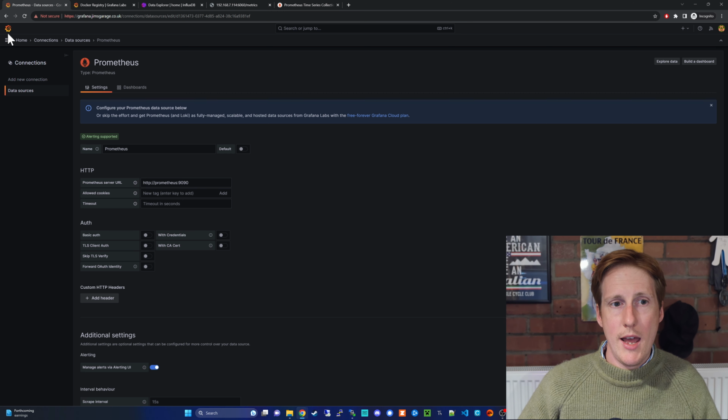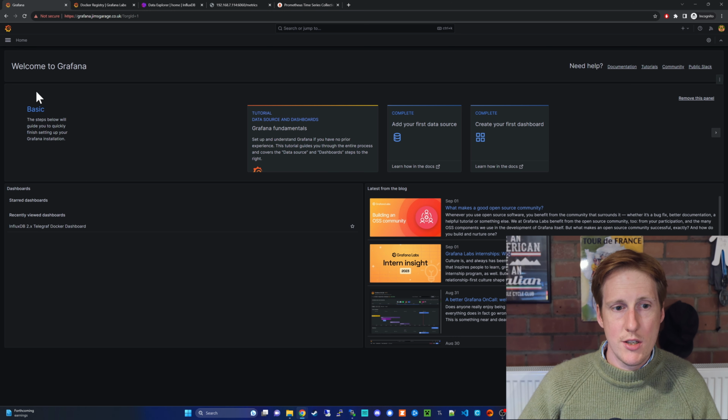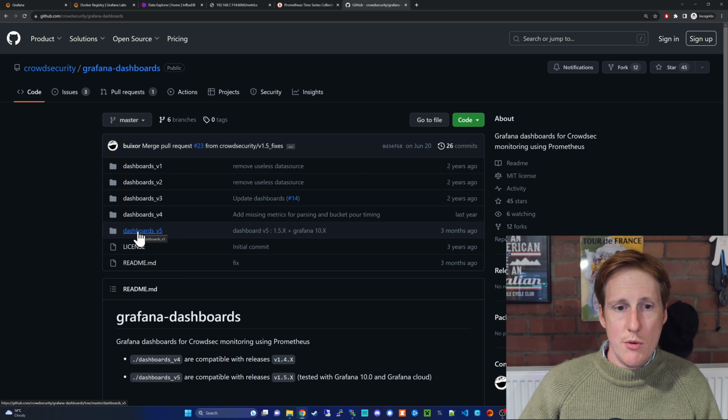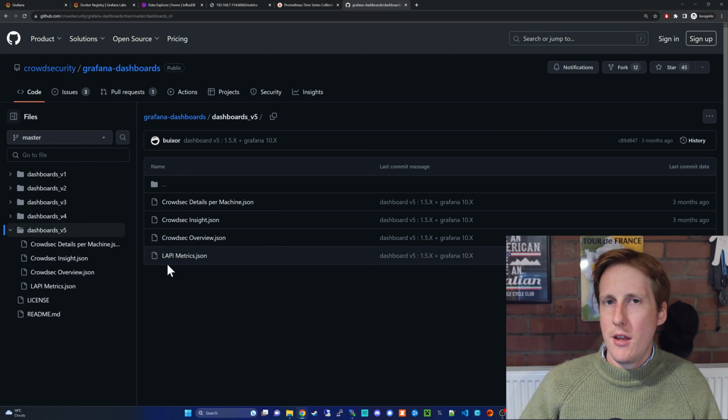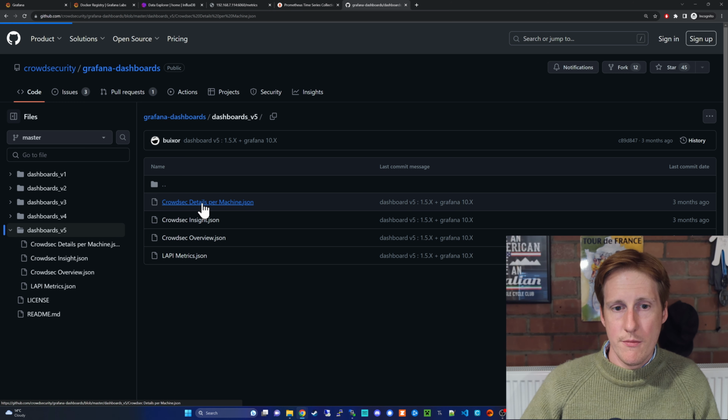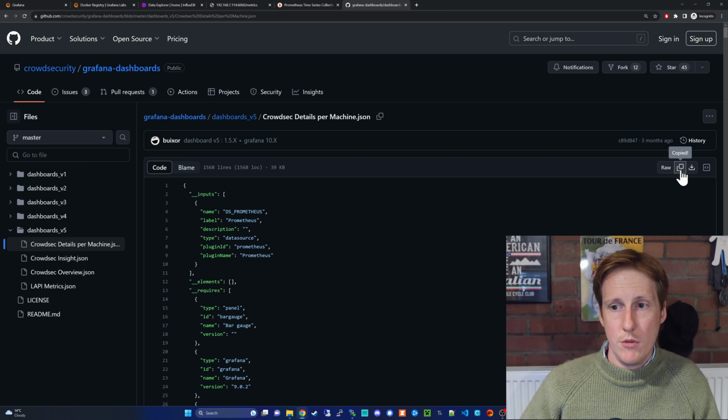And now we're going to head back to Grafana, the dashboarding section, and we're going to add a new dashboard. Now, thankfully, CrowdSec have made these available and it's super easy. Let's just have a quick look at that now. So over on CrowdSec's GitHub, I'm going to go for dashboard version 5, that's the latest version, and we're running all the latest versions of Grafana and our databases. So in dashboard 5, I don't think these have actually been uploaded onto the Grafana website, so unfortunately we don't have the handy ID. Instead, you can click on one of these, you can simply copy it using the raw,